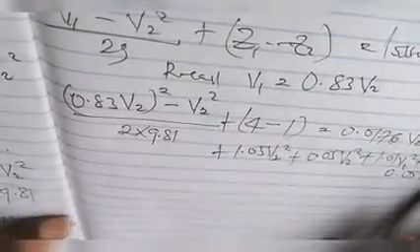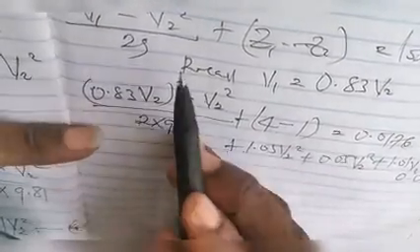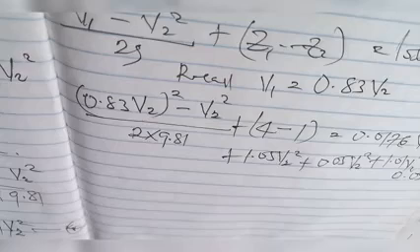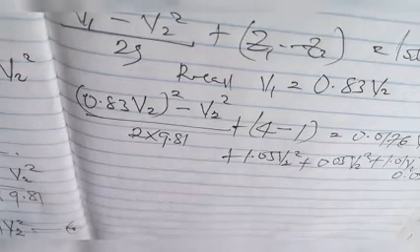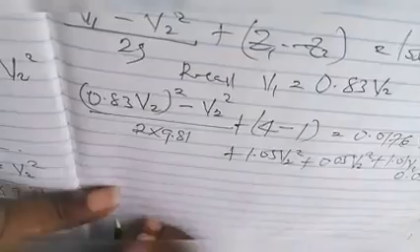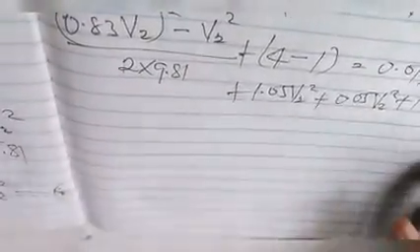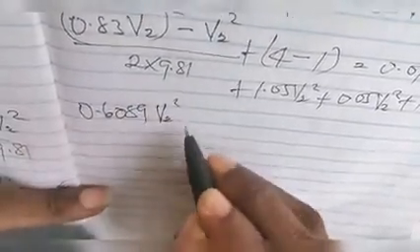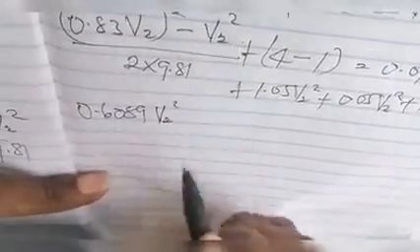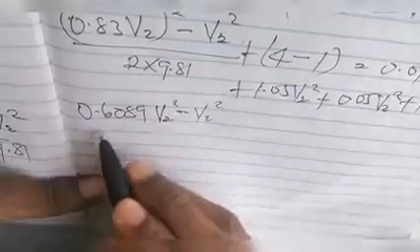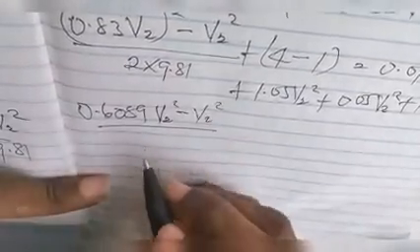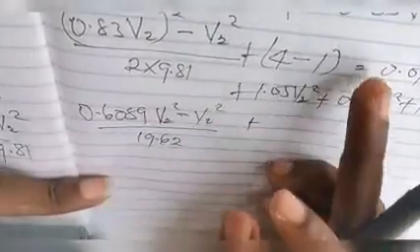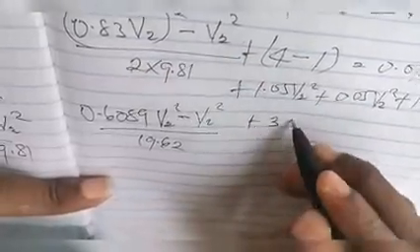On the left hand side, we have 0.83 V2 squared. Okay, so 0.83 all squared gives us 0.6089 V2 squared. Remember, minus V2 squared, minus V2 squared all over 2 times 9.81 gives us 19.62, plus. Now 4 minus 1 here gives us 3, and that's equal to